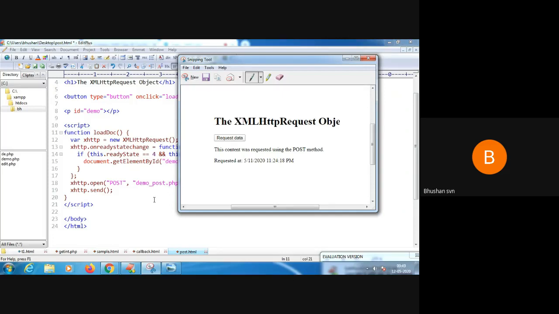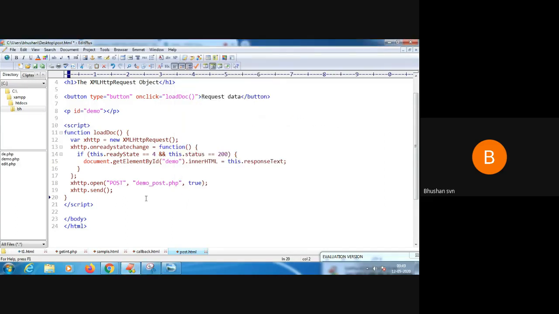So this is the specific output of the program. There are two questions that can be asked. One is, illustrate the example or demo of a callback function. Next, write a PHP program to demonstrate the get method and the post method.